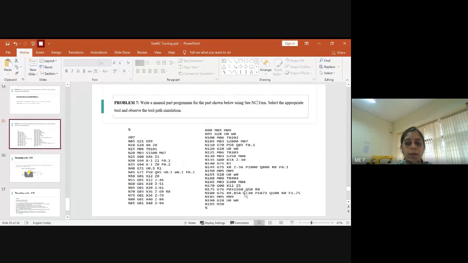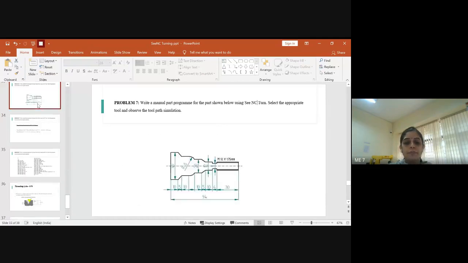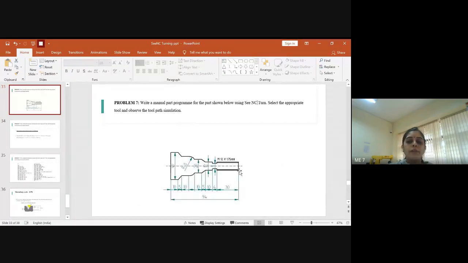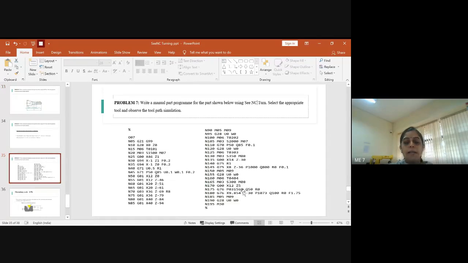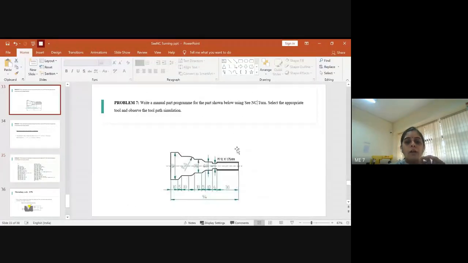Kindly type the same value, and you have to see until where you need the thread cutting. So go back to the sketch. You need the thread cutting from 0 to minus 30. So the value of Z should be exactly minus 30. So you'll get the required thread cutting of pitch 1.75 mm in the thread cutting operation.